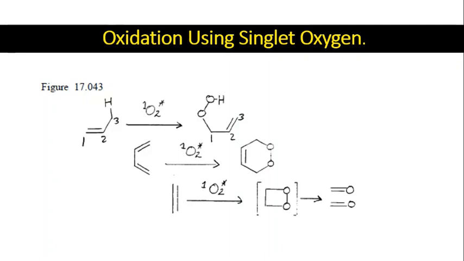So this is the third type of reaction that is usually observed when dealing with singlet oxygen. You come to know that singlet oxygen has three types of reactions: either it will be inserting at the terminal bond between the carbon and hydrogen, resulting in the hydroperoxide, or it will be inserting into the diene, resulting in the cyclic